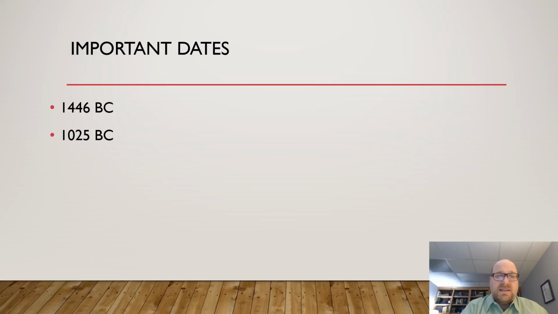1025, this would be the date that Saul came to the throne. So this marks the beginning of the united monarchy. So this is when Israel's kingdom starts. And the idea of kingdom is central to the New Testament, right? The kingdom of God is probably, if you could pick one topic that Jesus talks most about, this would certainly be it. Well, it would be one of them, right?